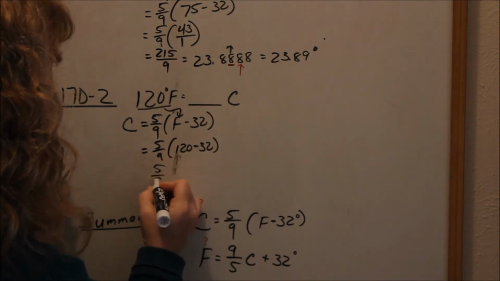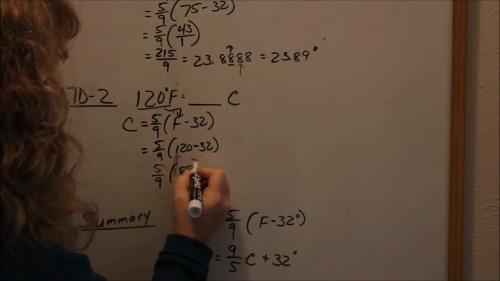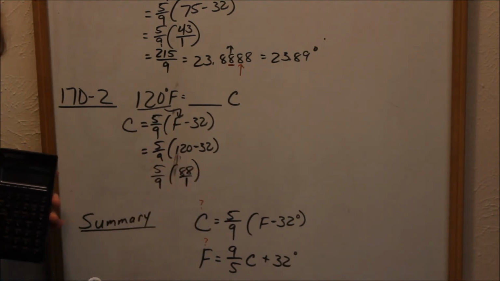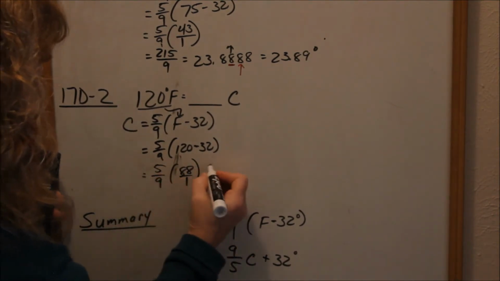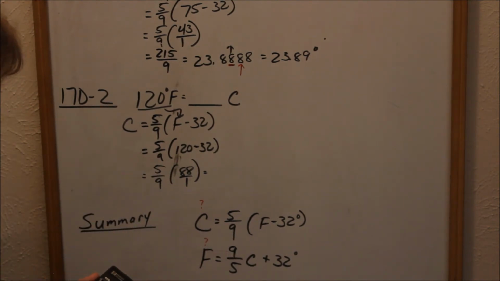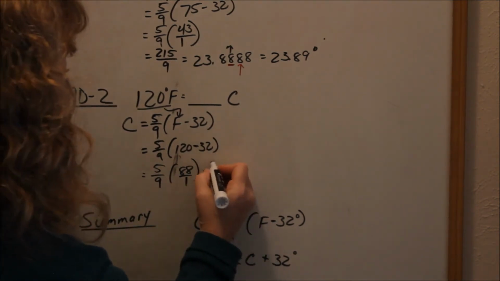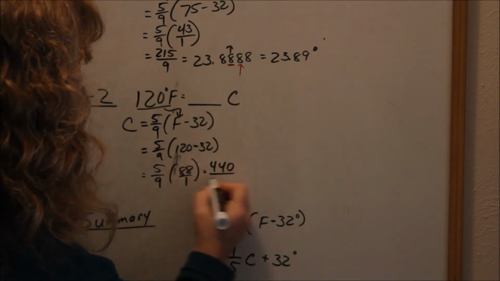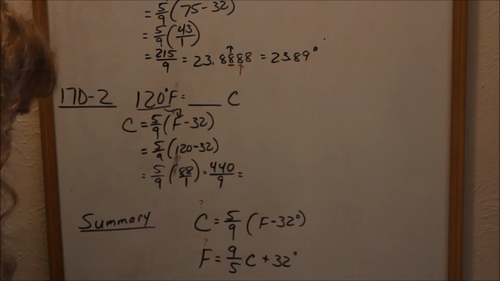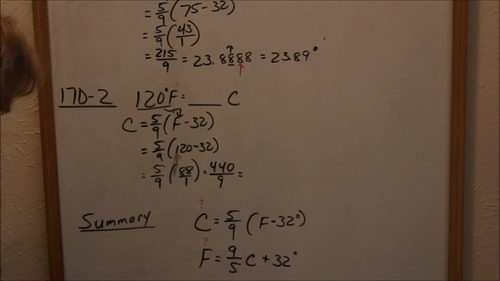So 5/9 times 88. Put that over 1. 9 does not go into 88 evenly. So I'm just going to multiply straight across. 5 times 88 is 440, over 9 times 1, 9. Now you can do 440 divided by 9. And that comes out to